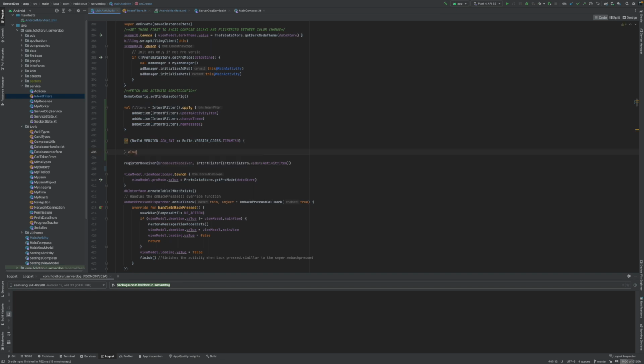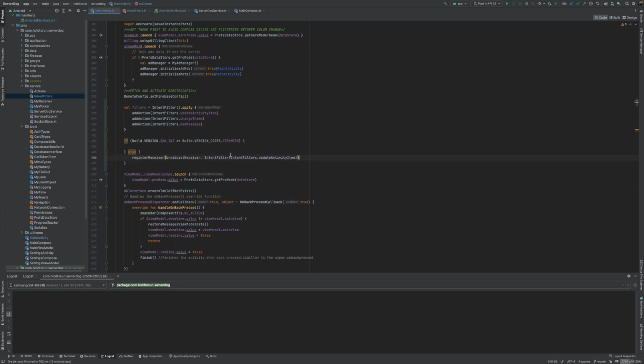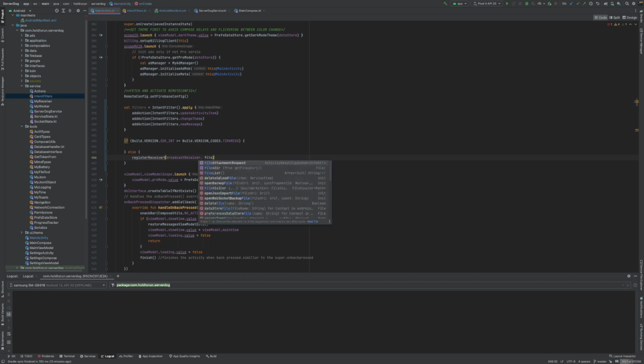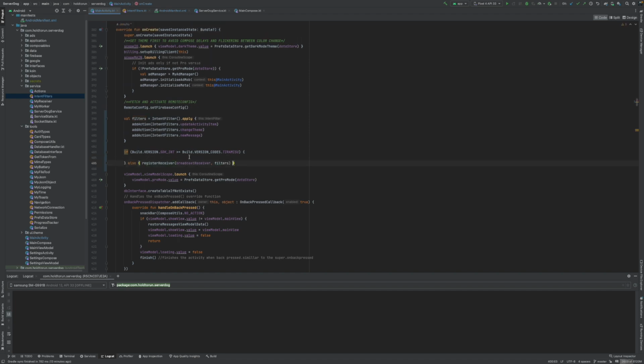So I'm just going to say like this. So now we want to just add our filters like so. This will work definitely without a flag on older Androids, but